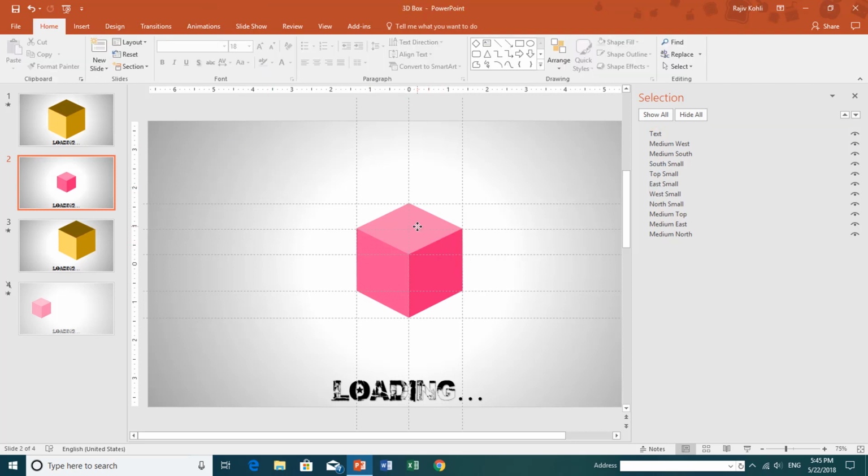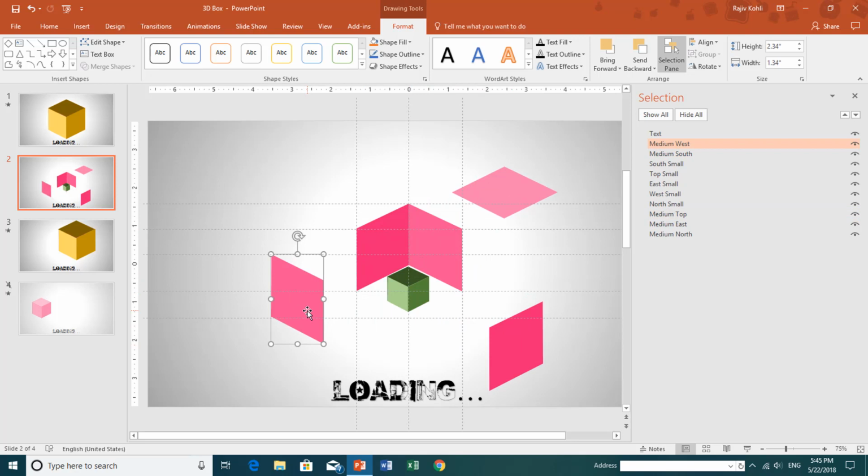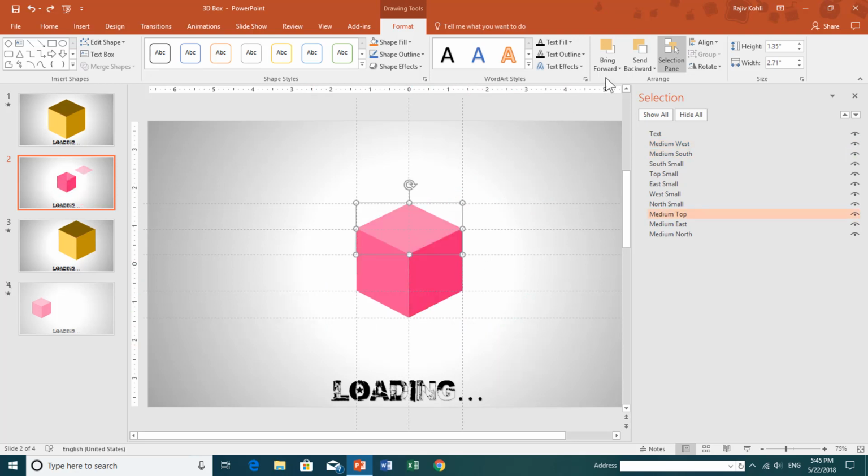So first of all, I will select the top one. As you can see, there are many more objects on the slide, but you will not be able to see them because they are hidden behind these objects, and that can be handled through the Bring Forward and Send Backward commands that I will tell you about later on.